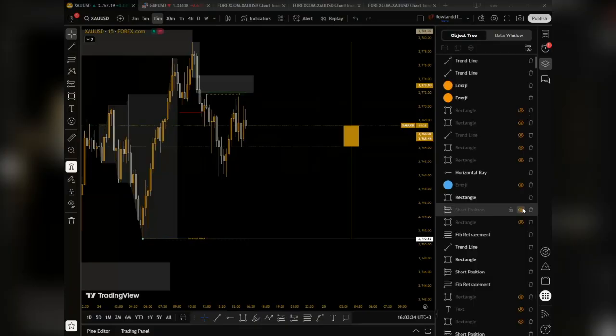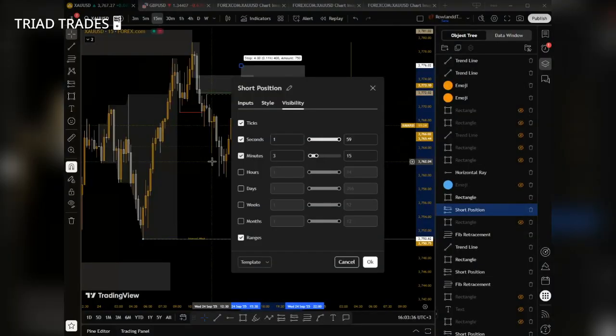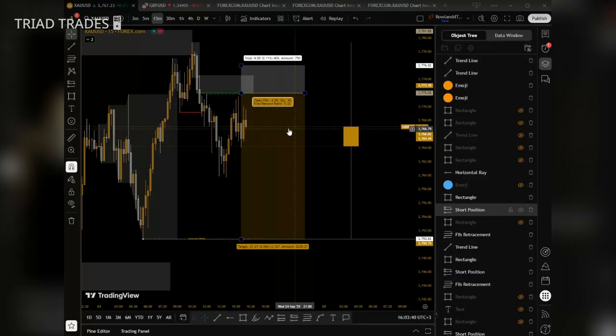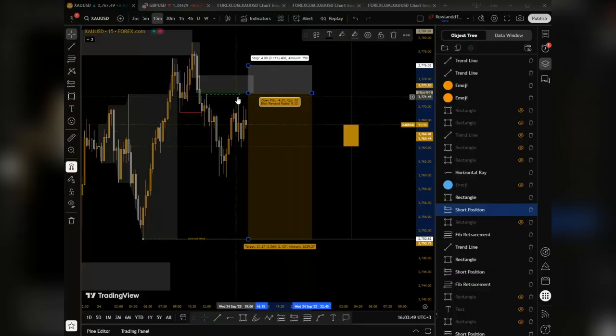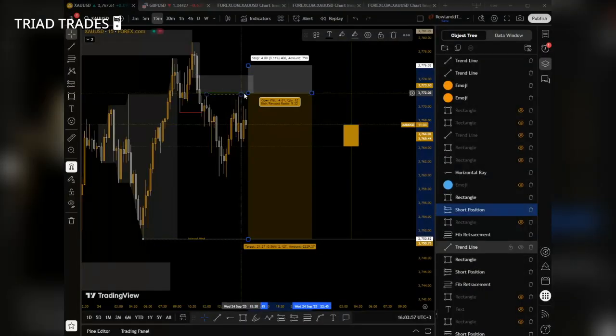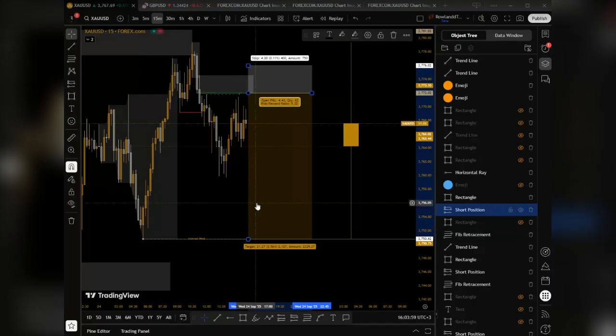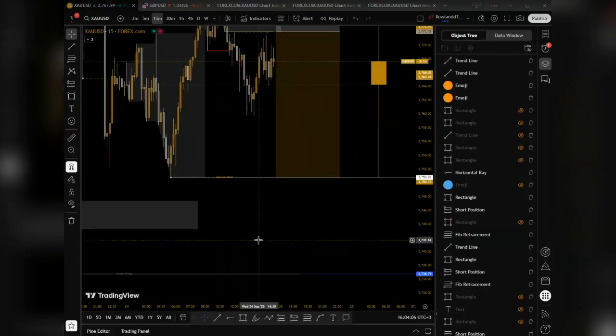I guess it's this one here. Yeah, so this is the entry that I'm looking forward to taking. It's an LC1 according to my entry criteria and the naming of my models. I just call it an LC1 because it relies on inducement, actually leg inducement, because of this part of the bearish leg right here. So it's an LC1 leg inducement targeting the weak internal low and sell side below this Asian low. We still have cause for lower prices, but I'll just keep it simple at this point